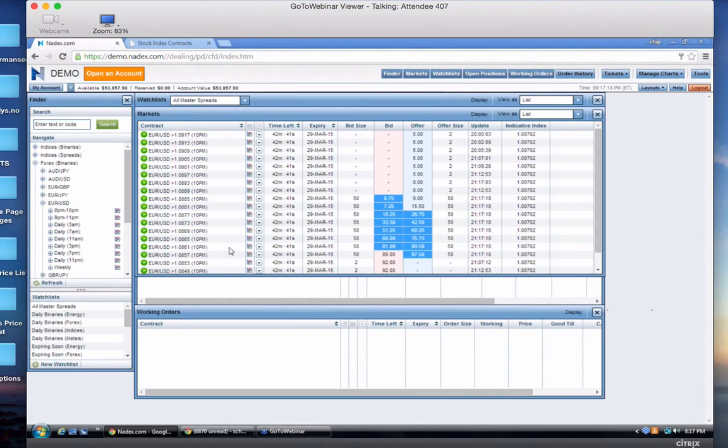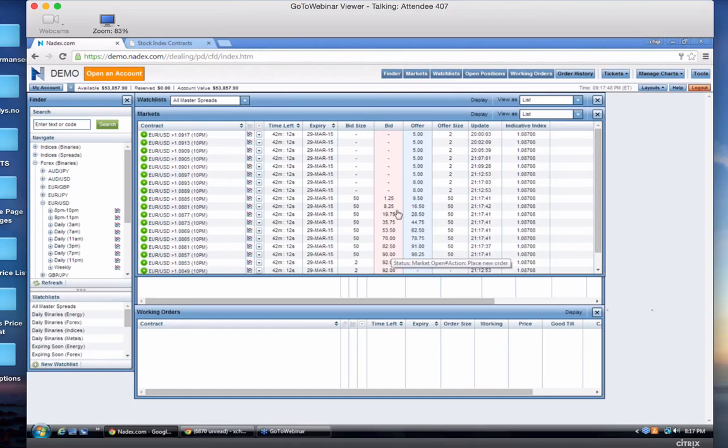One thing I wanted to point out is if you look at this option strip, buying a binary is really just like being long a call. All these are in the money calls, at the money calls if it's trading at 50, and these up here are out of the money calls. You look at where the underlying is relative to the strike. If the underlying is over the strike, it's in the money, and that's why it's going to be more expensive, a higher portion of the $100 payout.